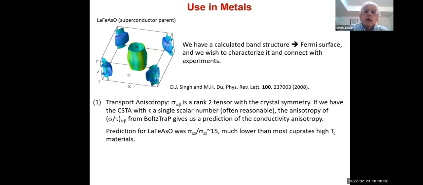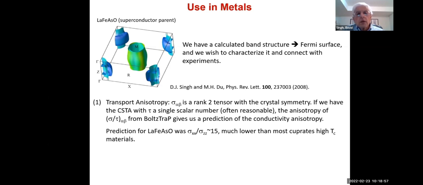So let's start with metals. Let's just say you have a metal and you calculate its Fermi surface, because we know that transport is associated with the Fermi surface. What's being shown here is the Fermi surface of a certain superconductor that I studied many years ago. It's one of the parent superconductors of the iron-based materials. It's lanthanum, iron, arsenic, oxygen. It was the first high Tc